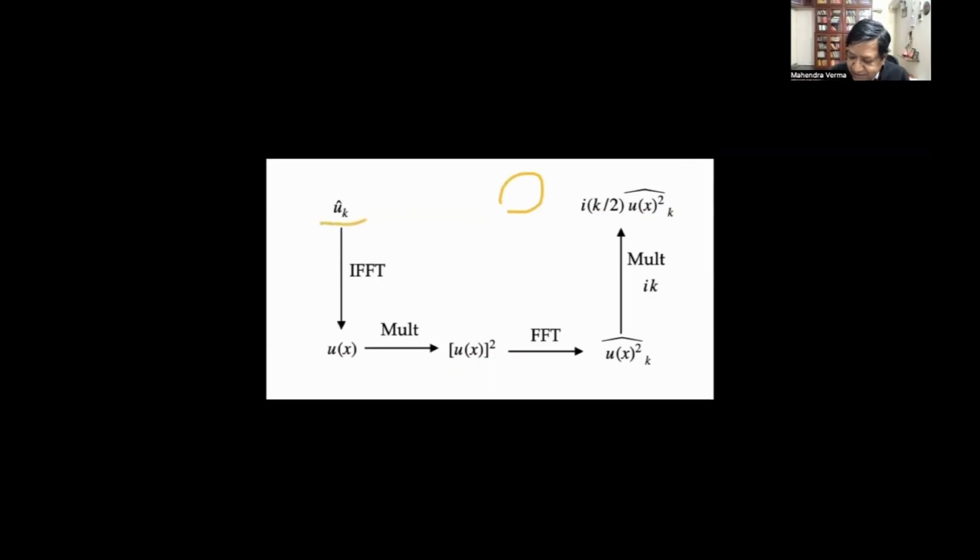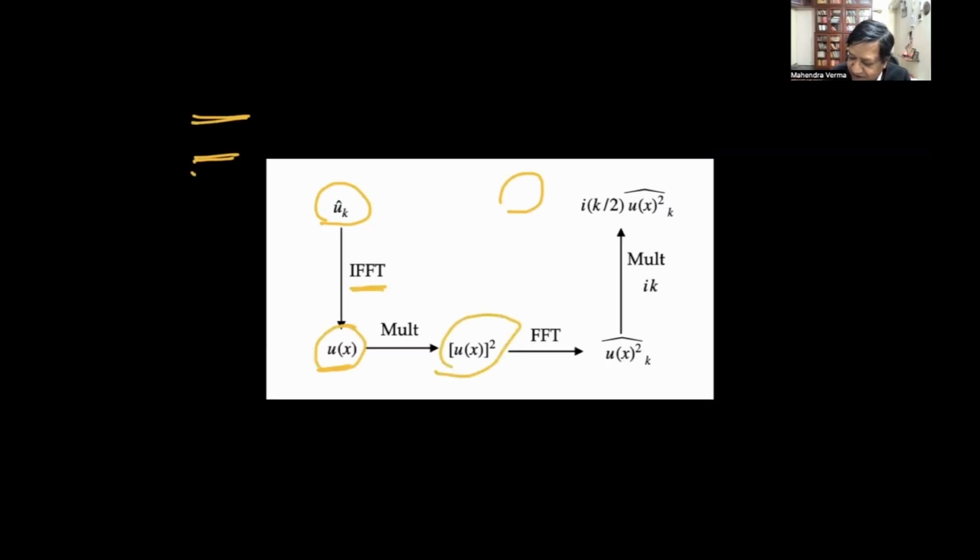Okay, quickly. At any time step when we start, we are given the Fourier modes u hat k. Since I'm in Fourier space, I have u hat k for all k's. So I perform an inverse Fourier transform and I get u(x), right? Then I multiply it with itself and get u squared.